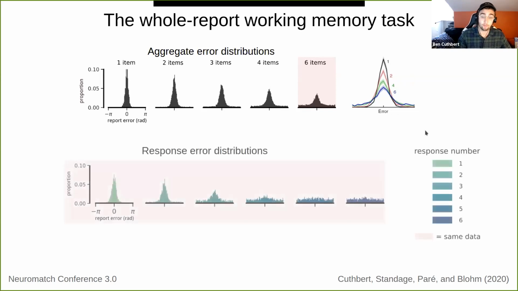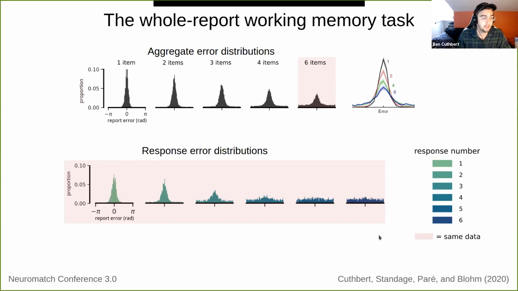What's nice about the whole report is that you can actually subdivide these errors. So here I'm showing the same data that I showed here. This is at set size 6, but now I'm showing you the error distributions separated by the order in which they were reported within the trial. Light green to dark blue is the order throughout the trial. And we see a similar pattern where people are quite precise in the early responses. And then later on, it's unclear whether they are guessing or do they have just a little bit of information